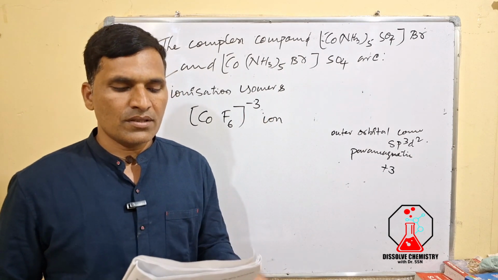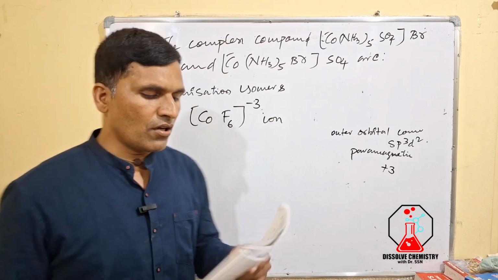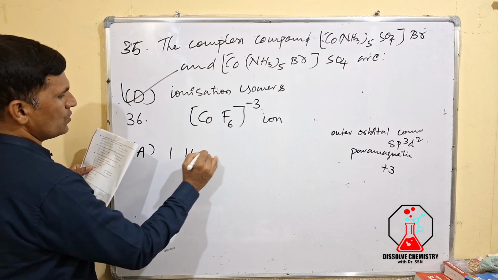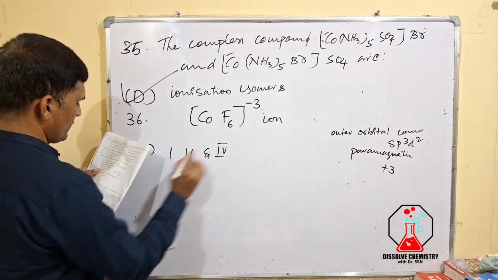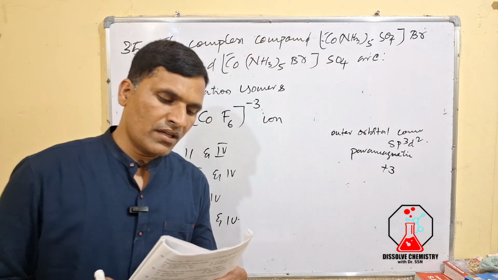6 + 6. So therefore the statement 2 is wrong. So therefore, in the given options, option A is given as 1, 2 and 4. Your right option is this one. The second option, what I have said,